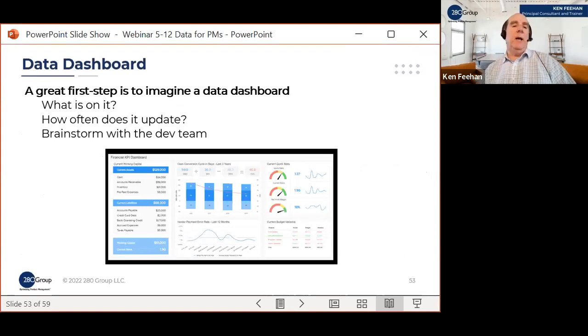Hey, Hannah asked this question a little bit early. If your company is not embracing data, if they don't quite know where to start, what I would hope you would do is go to Google and Google data dashboards. And what I would like you to do is to come up with 5 or 6 graphs that look just like this. And then I would like you to call a meeting with your engineering manager and with your user experience people and with somebody from the digital team in your company, and say, hey, let's start on a